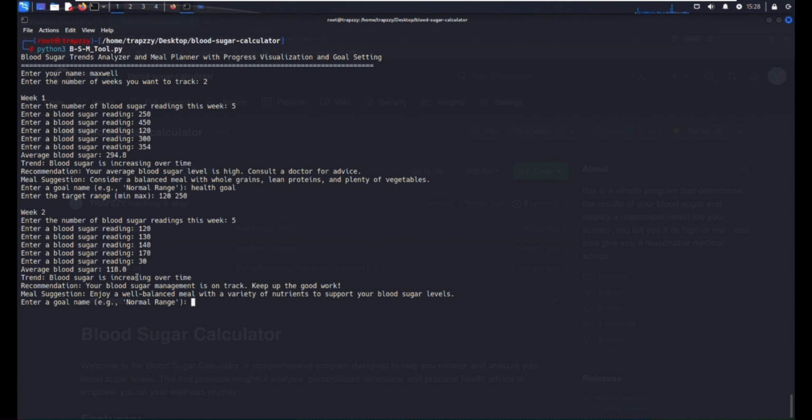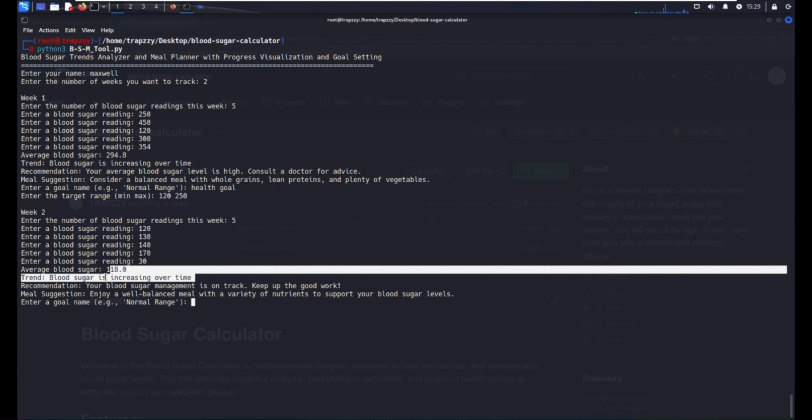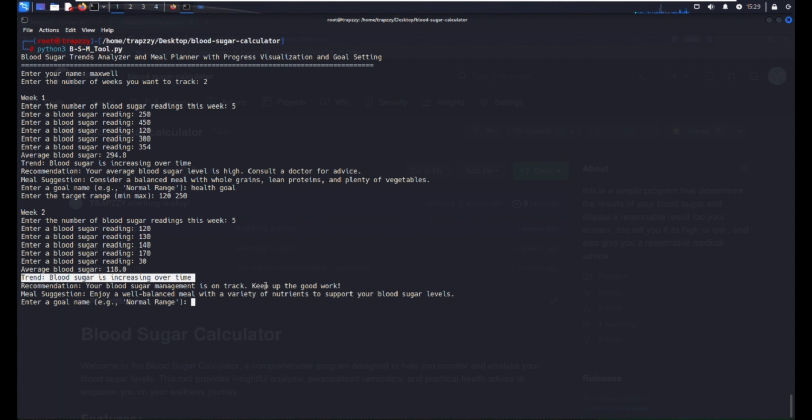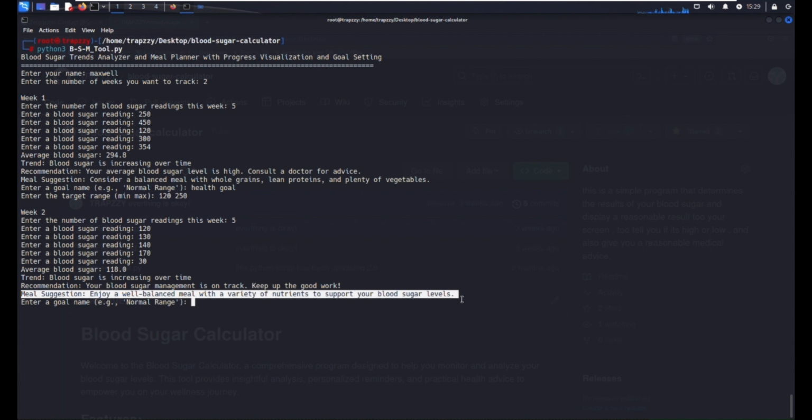So you can see here the average blood sugar is 118. You can see it's a little bit low, but it's still high because the average is going to be 100, which I set. And you can see the recommendation: your blood sugar management is on track. Keep up the good work. So you can see for yourself, and it's also giving you a meal suggestion that you can use. So I'm still going to put it under the health goal,